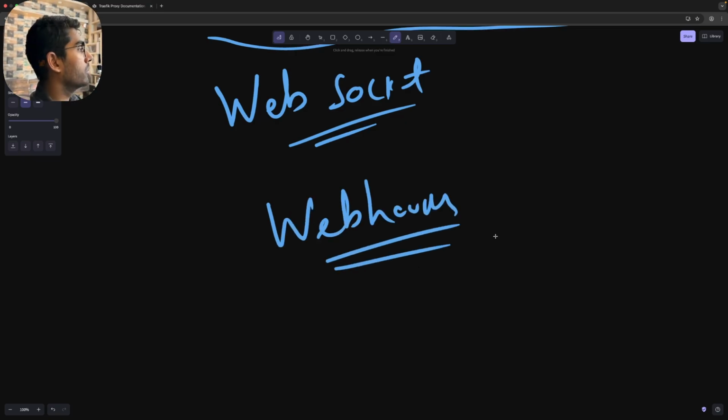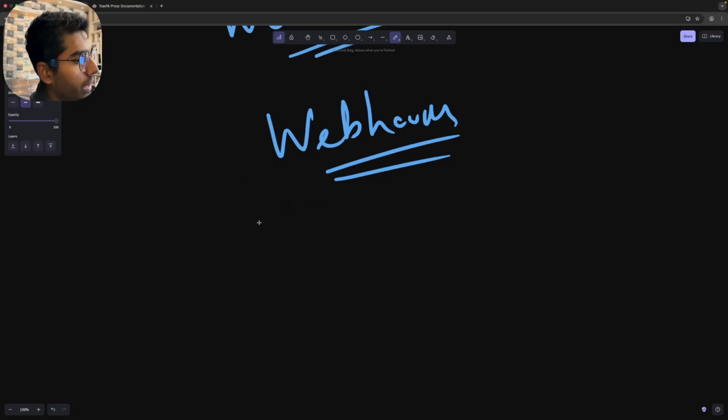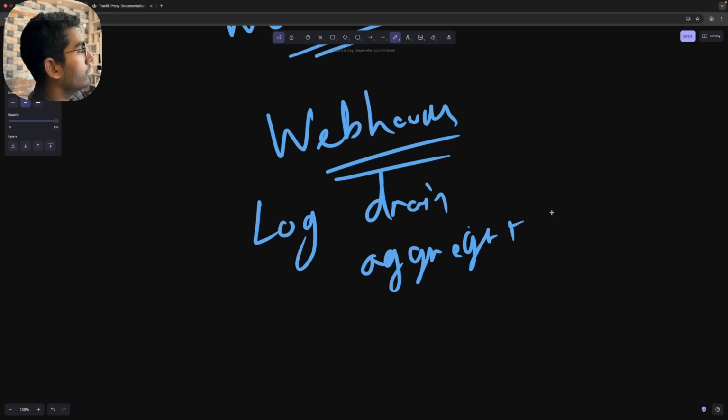You can configure webhooks so that your platform as a service provider can send you appropriate notifications when the alert conditions are met. Then you can also aggregate your logs, the log drain or aggregation. If you are using services like the ELK stack, the Elasticsearch stack, or services like New Relic, then you can take your license key, whatever credentials are needed, and you can configure that in your platform as a service provider so that all the logs from your application are streamed into your log management provider, something like